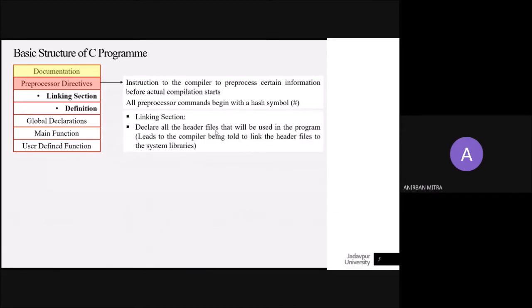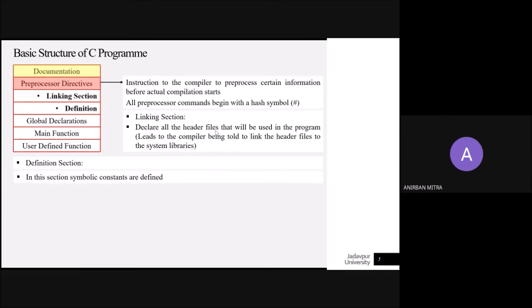The other part of it is the definition. We can define certain parameters, certain constants in this definition segment. For example, we can define certain symbolic constants here.